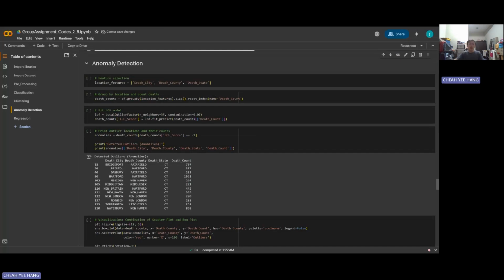For anomaly detection, I shifted my focus to location-based death patterns to find unusual hotspots. I selected features like death city, death county, and death state to group the data by location. Then I counted the number of deaths for each location, creating a death count column. And this step is crucial because it prepares the data for anomaly detection by giving me a clear picture of